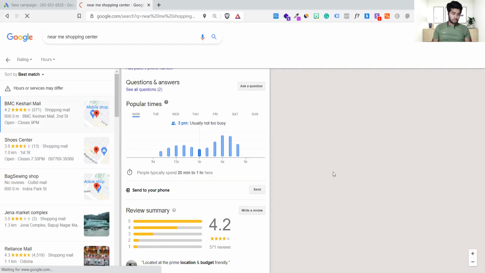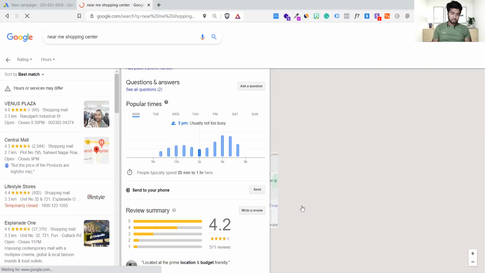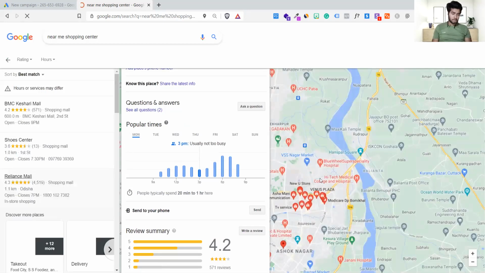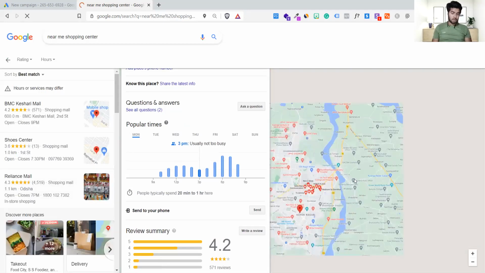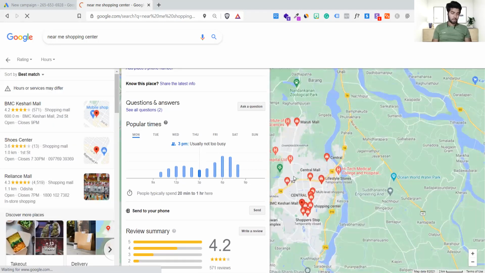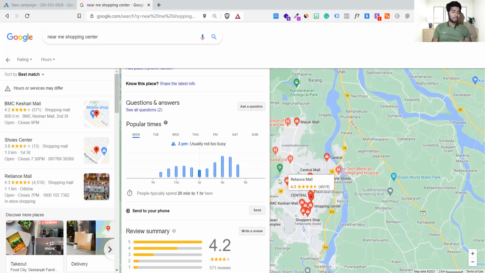If you look on my left, the map will get loaded. Here the map is getting loaded. Now, Google has recently introduced a fantastic thing. Those who are searching inside the map can also see ads now. That was not the case earlier.